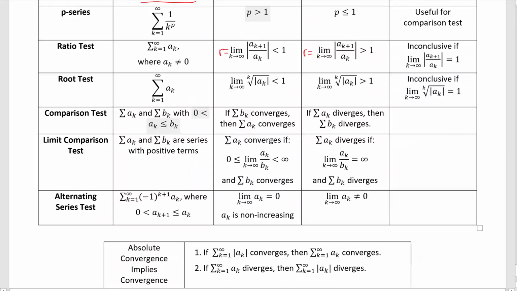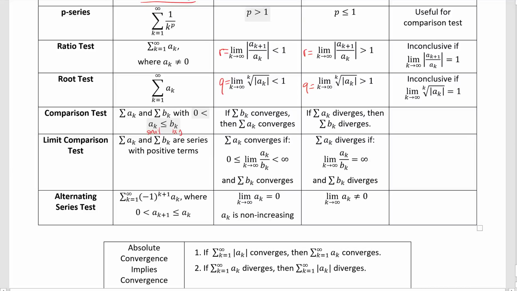And the root test, the criterion is similar. If it's smaller than 1, it converges. If it's greater than 1, the series diverges. If it equals 1, you use the wrong test. Try another test. Okay, so comparison test, we have the big guy and the small guy, and we know if